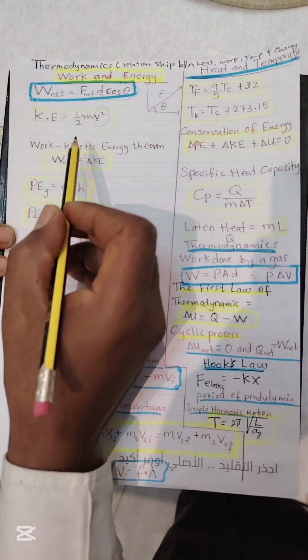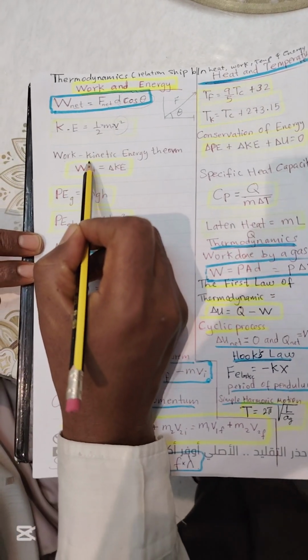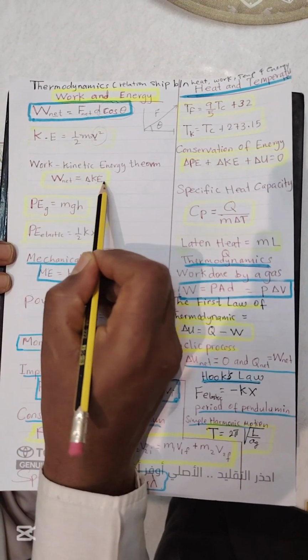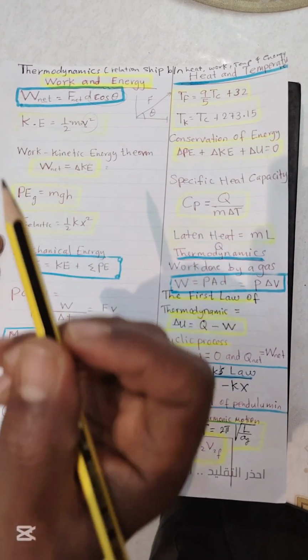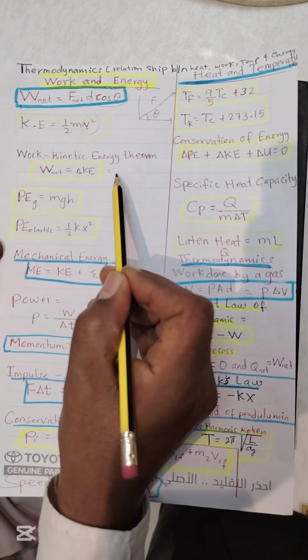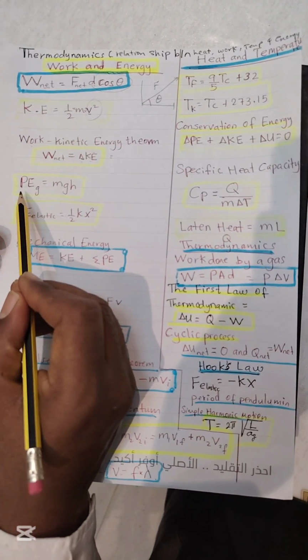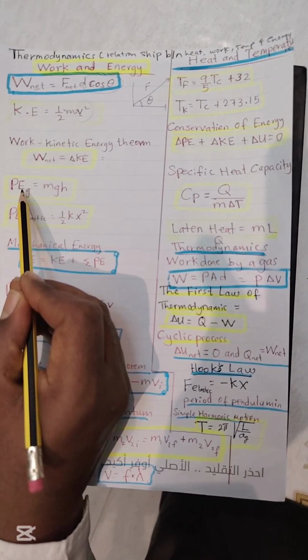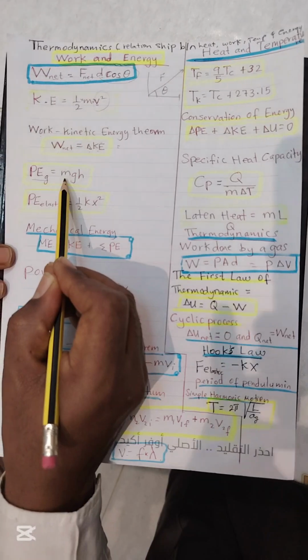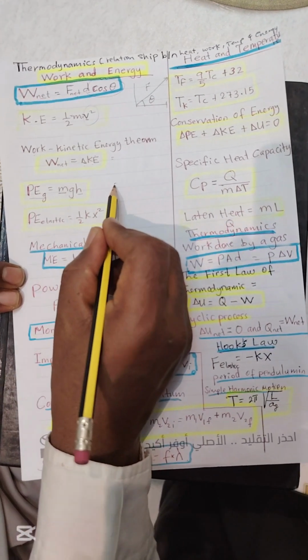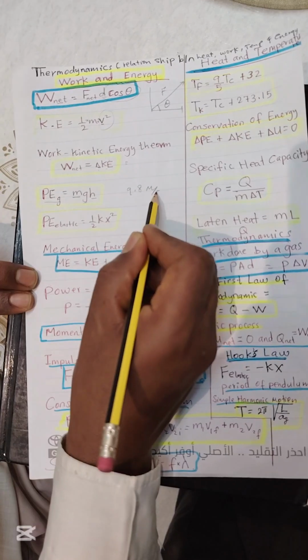Work-kinetic energy theorem states that work is equal to the change in kinetic energy, and we know that the change in kinetic energy is equal to final kinetic energy minus initial kinetic energy. Gravitational potential energy is equal to mass times gravity times height, where gravity is 9.8 meters per second